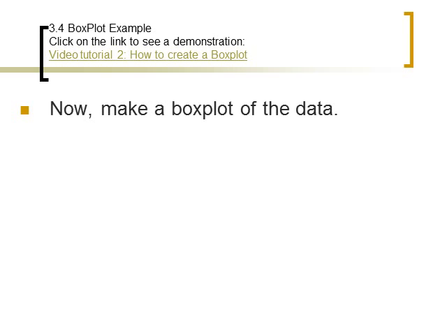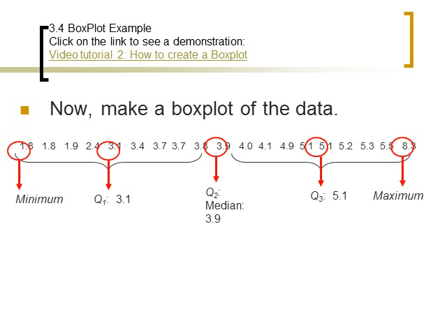Now let's practice making a box plot of the data. So here's the data that we've already used, and we found the 5-number summary for the data. And so what we're going to do is we draw a line and we create an appropriate scale, and you can see that this right here is a nice and pretty box plot that I did on Excel,